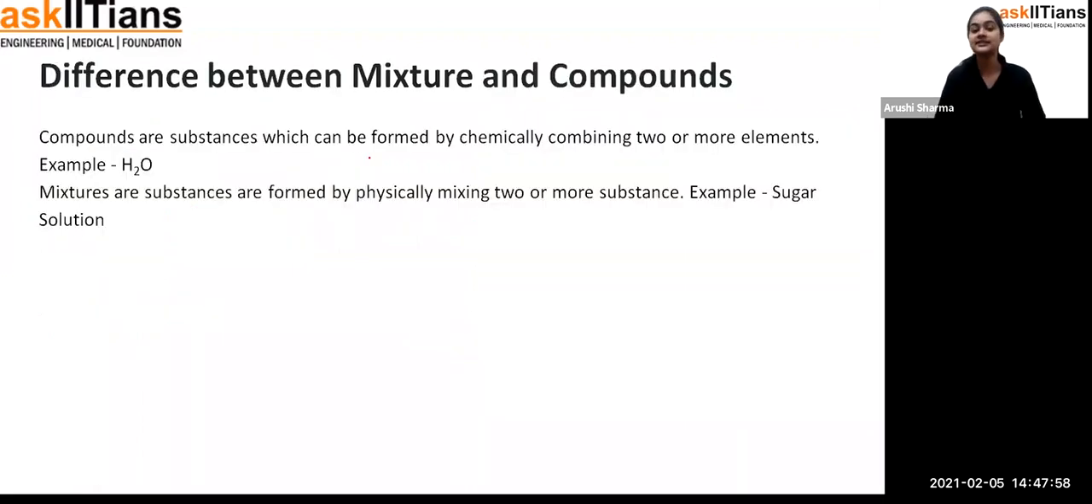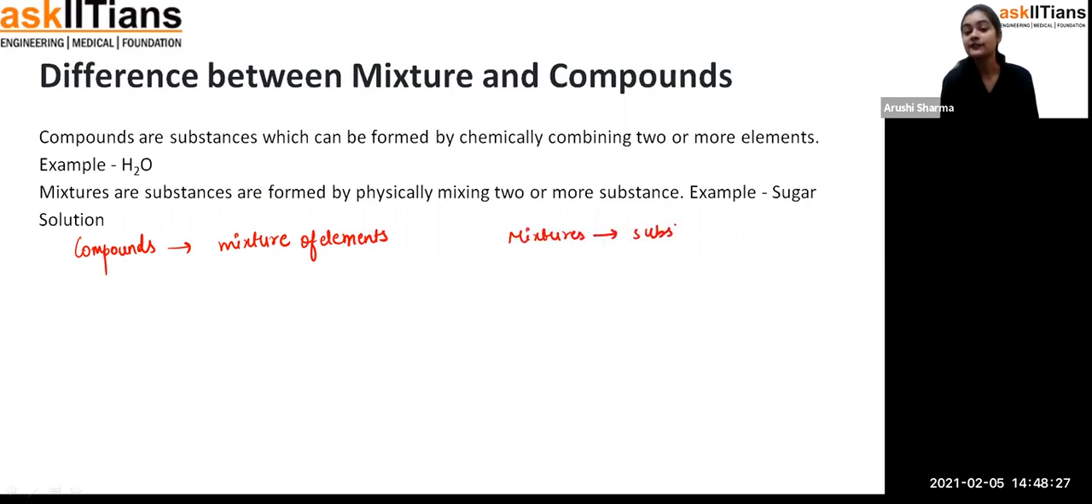Now we have to discuss what the difference is between a mixture and a compound. Students, if you remember from the last session, we have discussed something about compounds. Compounds are also a kind of mixture, but they are a mixture of elements. But if we talk about a mixture only, these are mixtures of different